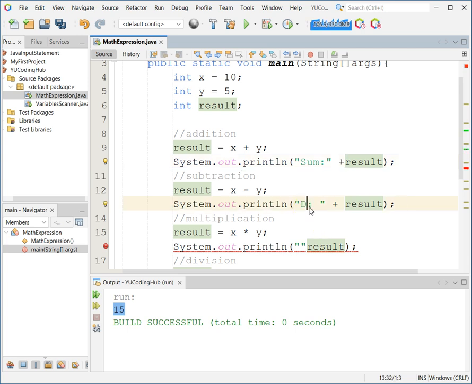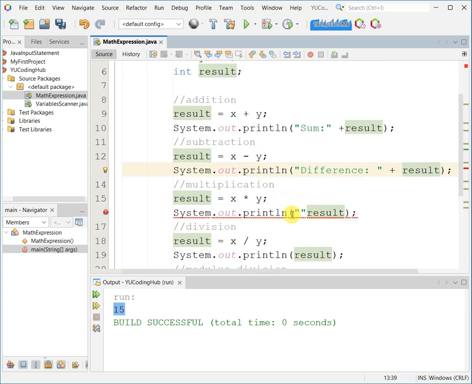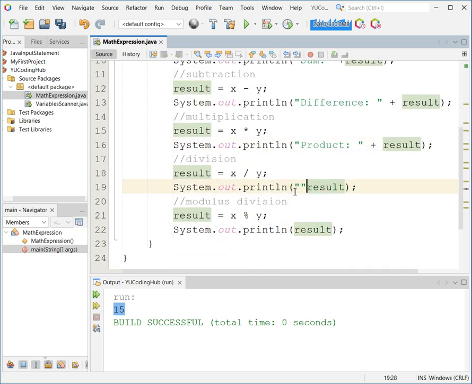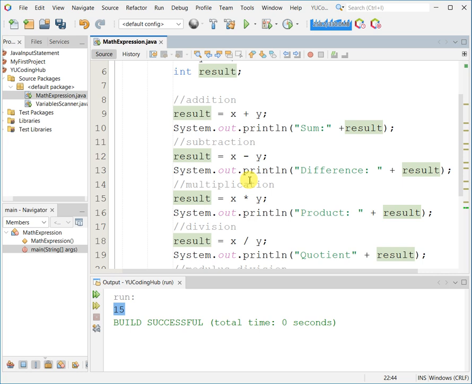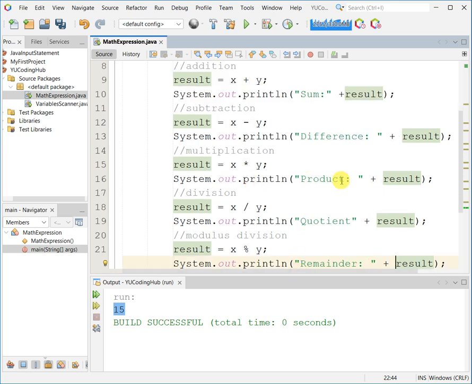Here is going to be difference. Here is going to be product. Here is going to be quotient. And this is going to be the remainder. That's the result for each of these mathematical operators.